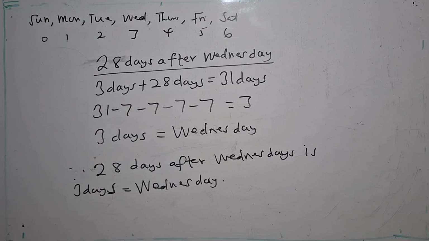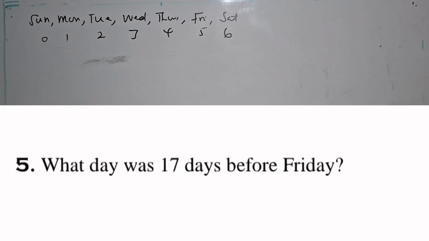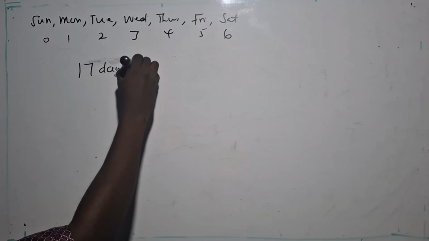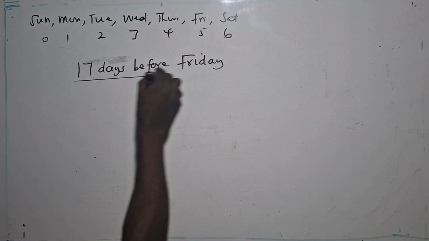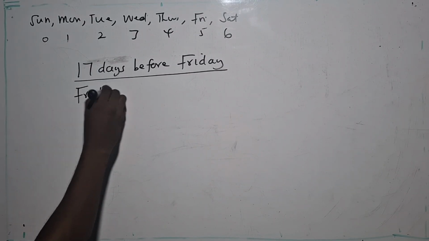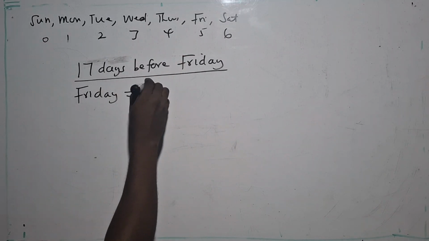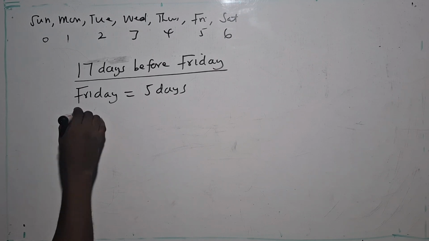So quickly watch as we take the last question on this. The last question on the screen says, what day was 17 days before Friday? So 17 days before Friday. Now what you need to know is that Friday represents 5 days. Since it is before, what do we do? We subtract. Yes. So it will be 5 days